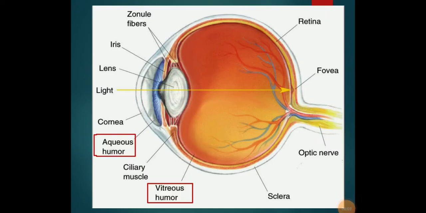Today's topic of discussion is glaucoma. So let us start with the structure of the eye. You see the different points have been located in a specific manner. This part is called the cornea. This is the lens. This part is occupied by aqueous humor, and the cornea is an avascular organ.